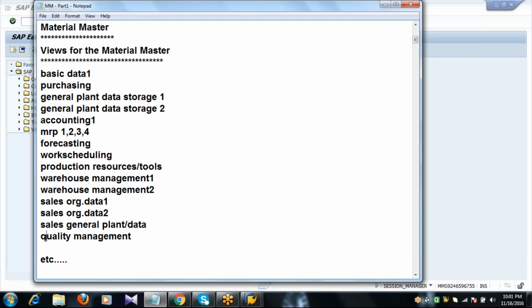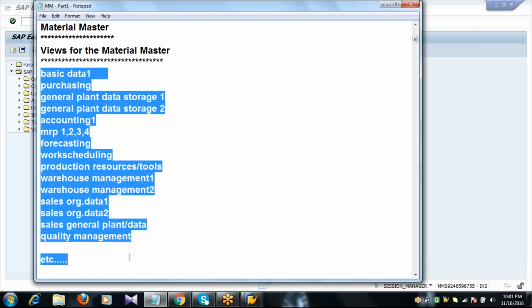And quality management is for the QM module. So it means for one material we can maintain all these modules' information: the purchasing information, the planning information, the warehouse information, the sales information, the quality information, etc.